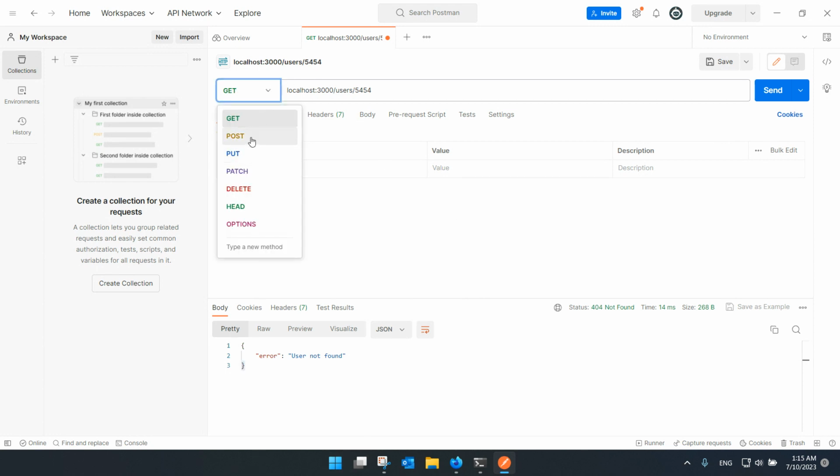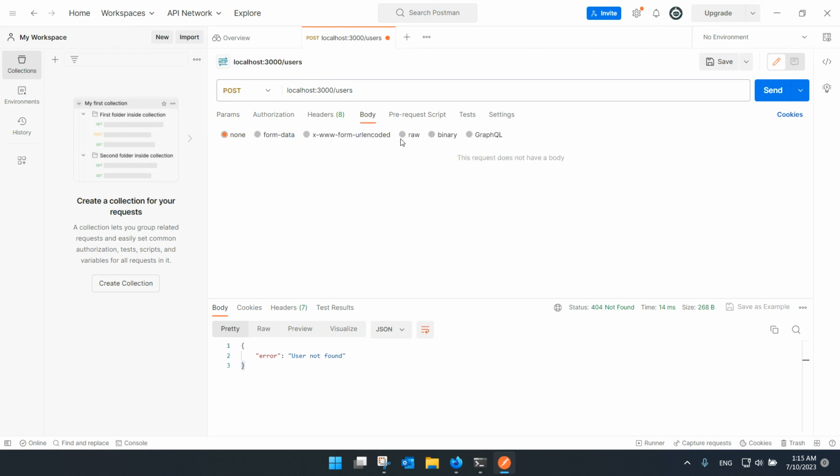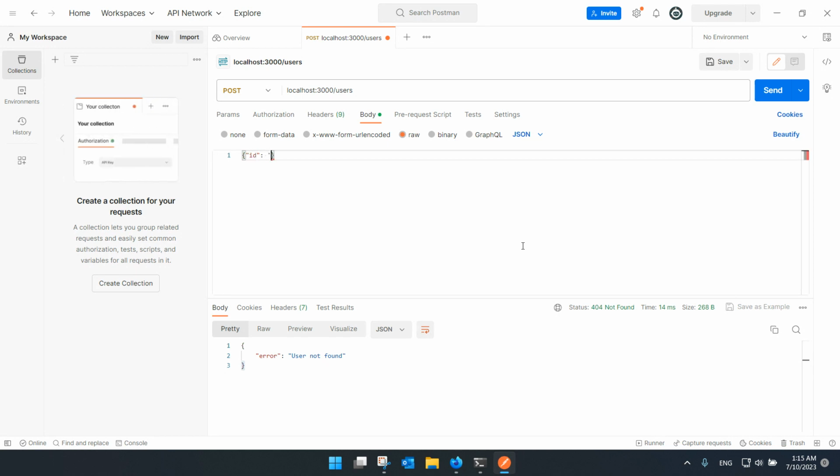Now let's try to create a user, and this should be the endpoint. And if I went to the body, I can go to raw, I can go to JSON, and the ID is test1, age is 25, for example. Now if I click send,